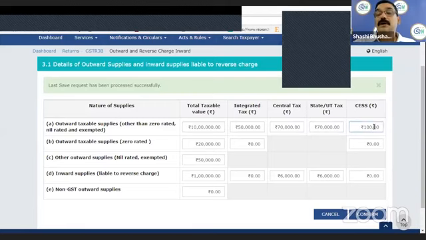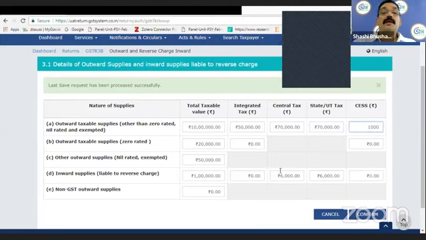And the cess I am required to pay is 1,000. Now, on the next, you are required to declare your outward supplies zero rated, that is supplies to export supplies and supplies to SEZ, which is 20,000 here. The value is, you can increase it